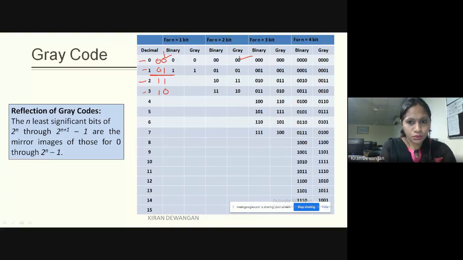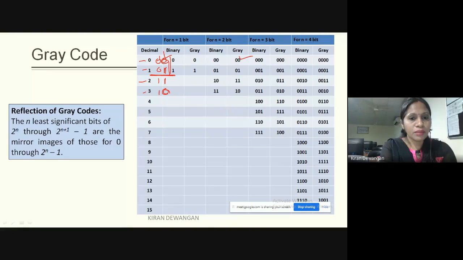Since we are having 2 bit, हम अभी 2 bit के बारे में बात कर रहे हैं, तो ये 0 0 आपको देखना नहीं है. अभी आपको सिर्फ ये वाले बिट पोजिशंस को देखना है. Initially it will be 0 and 1. Now we'll put a mirror here and then we'll try to write down the mirror image of the upside values. The mirror image of this one will be 1 downside. Mirror image of this 0 will be 0 downside. Exactly the same it will be appearing in the downside.